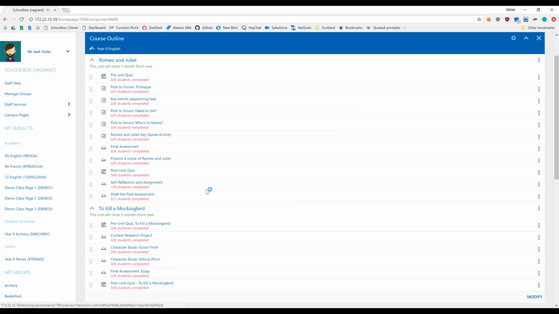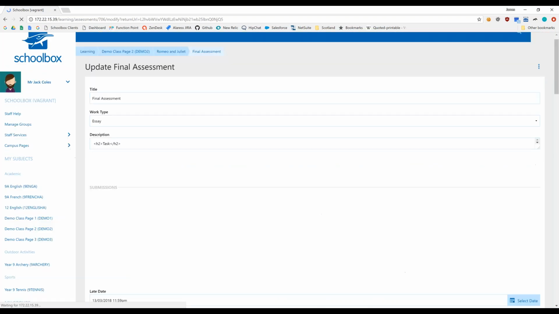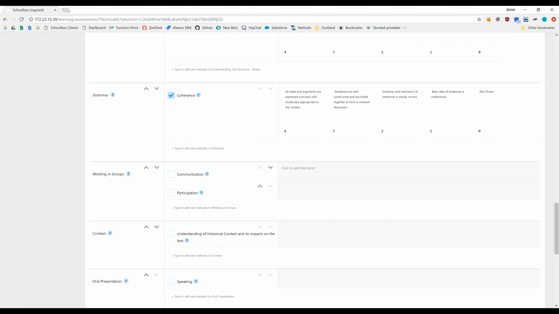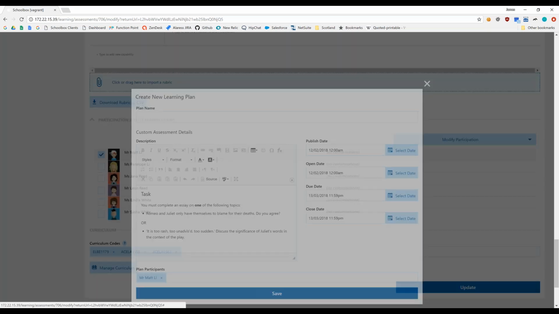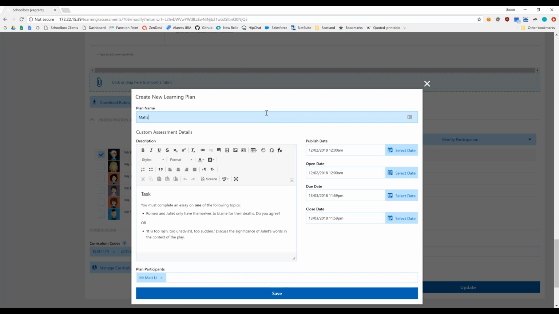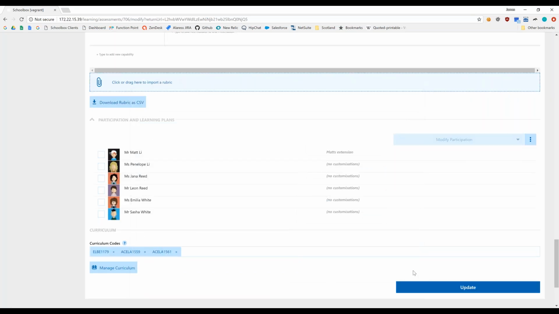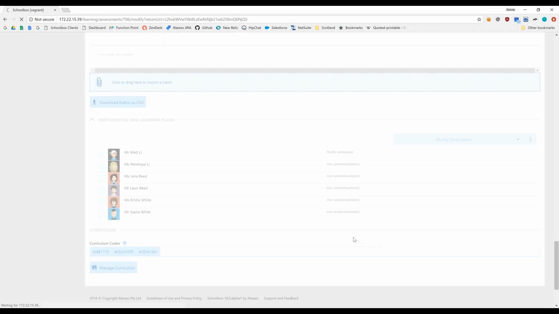Of course, as a student, when I log in, I just realized that my final assessment, which I gave the extension to Matt on, I'm pretty sure I didn't save that, so I'll just give Matt that extension again. Be aware that you do need to save these changes. Don't make the mistake I just made. When you create a new plan, set that to the 15th. Once you've done that, you do need to click update to actually save that so that it will be